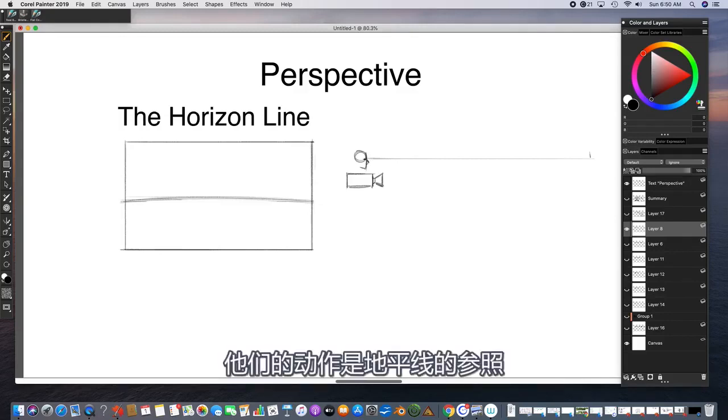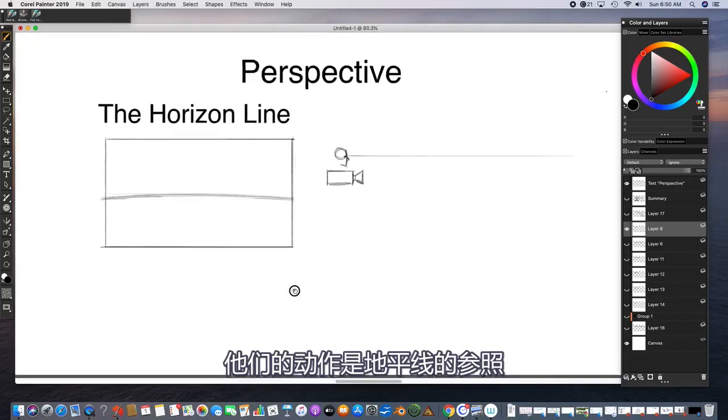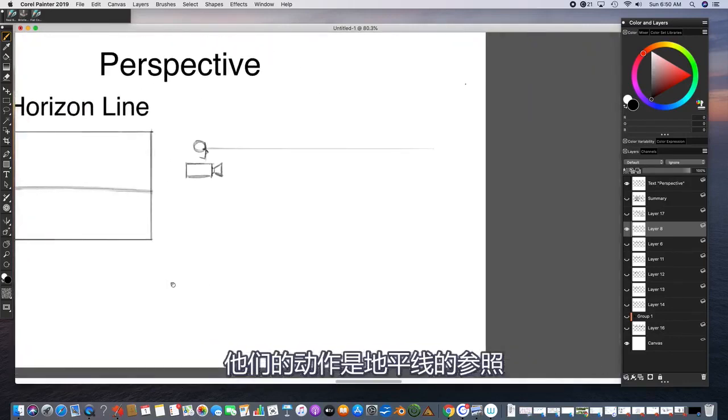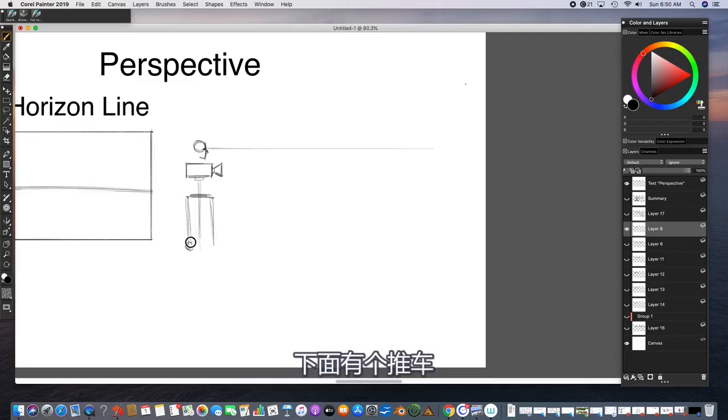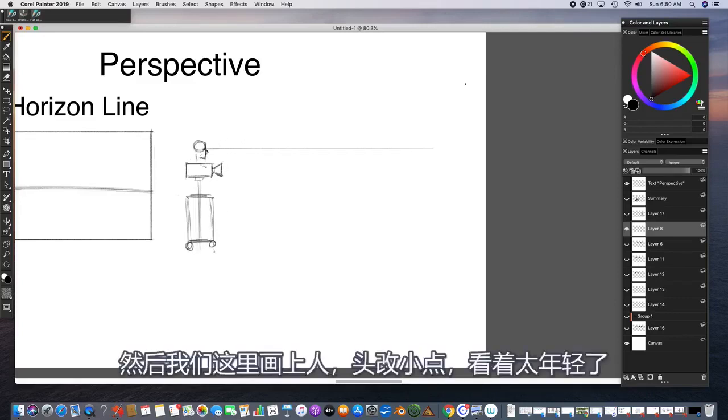So their view and how they look is in reference to the horizon line. So what does that mean? So I'll put the camera on a rig, on a mount, rig it, and have the dolly or truck that it's sitting on. And we'll have this person